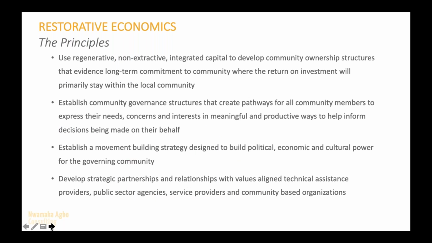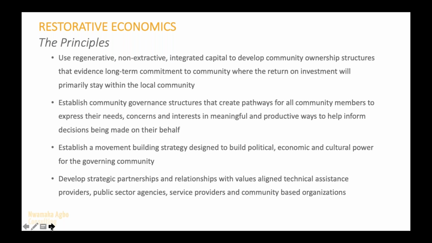Integrated capital speaks to the importance of looking at a particular project and recognizing that through the development of a project, from the pre-development to the development and to the closeout stage, there's a place for grant-making dollars that help to build the capacity of low-income communities of color and do the pre-development work that needs to happen to due diligence a project, and that may also be long-term patient capital.